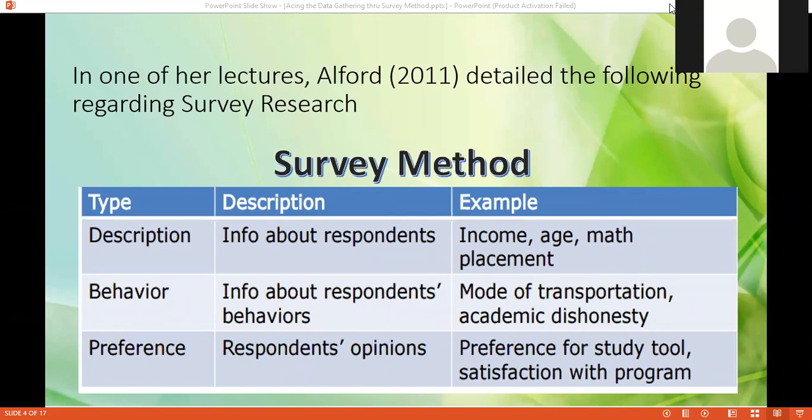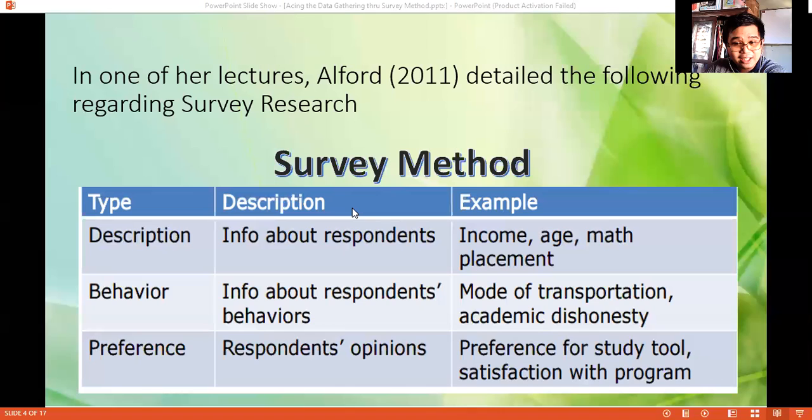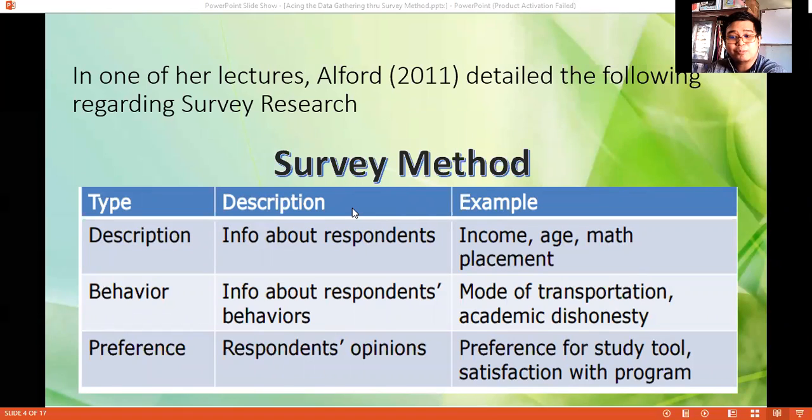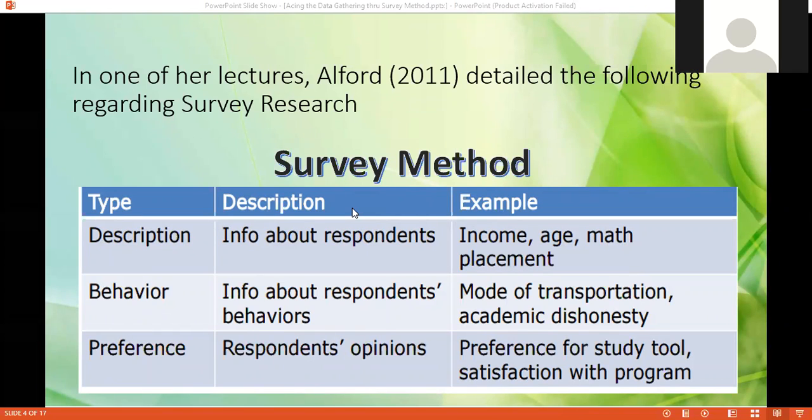Miss Esteves, what will you measure in your dependent variable? We will measure the skills and identify the state of flexibility, performance, permeability of roles, and mental disposition. Yes, correct. Which do you think will it fall under, behavior or preference? Sir, I believe it to be preference. Will it fall under preference or more on behavior type? Behavior. Yes, correct. Thank you, Ms. Esteves. You need to know what you will measure.